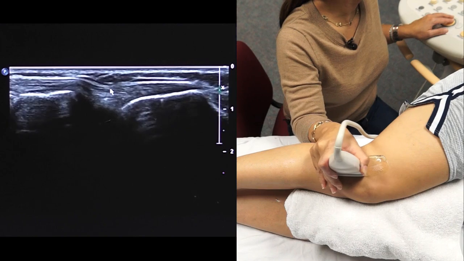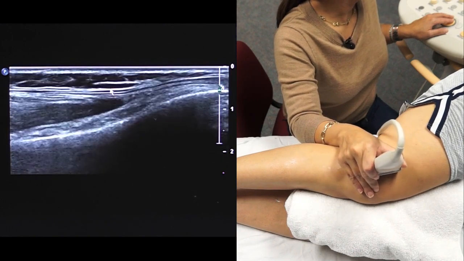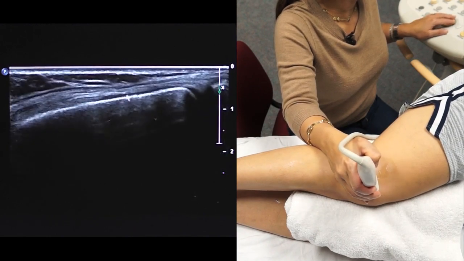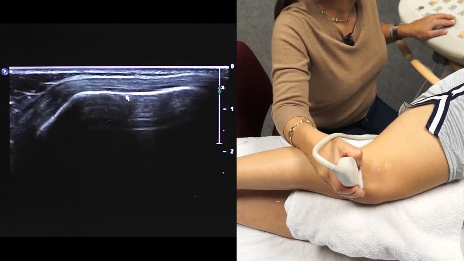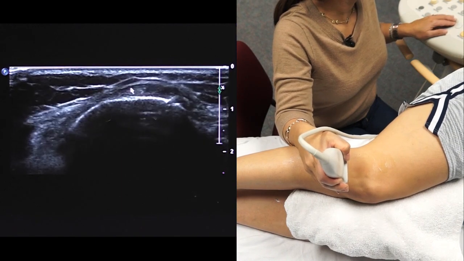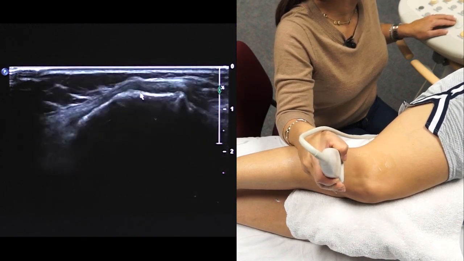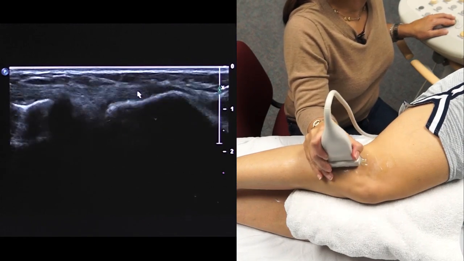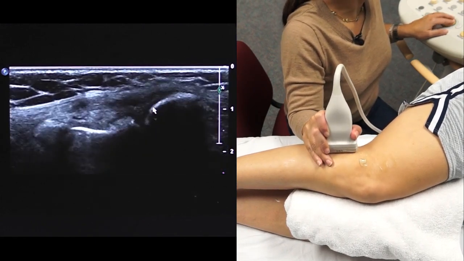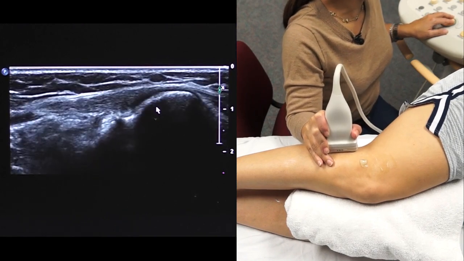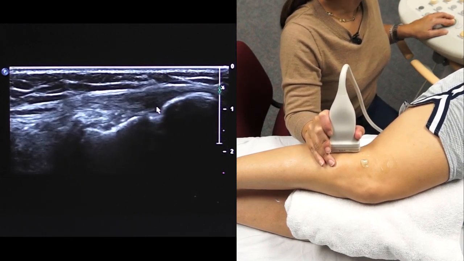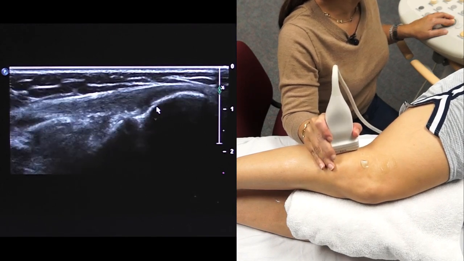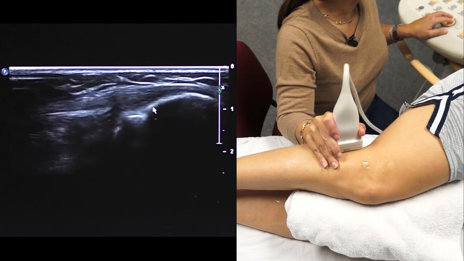Okay, so this is the iliotibial band, and you want to scan that again all the way toward the musculotendinous junction, and also scan it in transverse as it hooks over the distal femur and then towards its insertion onto Gerdy's tubercle. Okay, so that's the iliotibial band. Then you can slide back, or you can palpate for the fibular head, and there are two structures that insert onto the fibular head. The more anterior one is the lateral collateral ligament or the fibular collateral ligament, and then the more posterior one will be the biceps